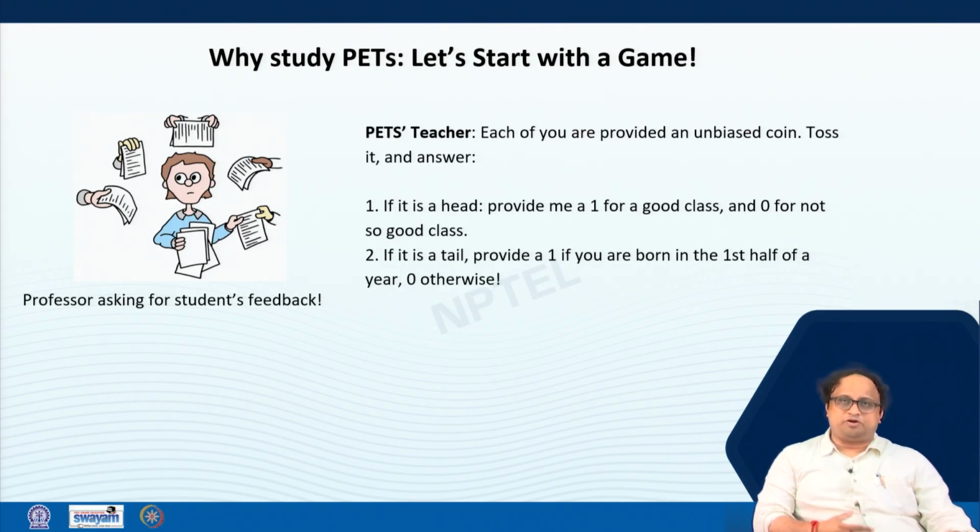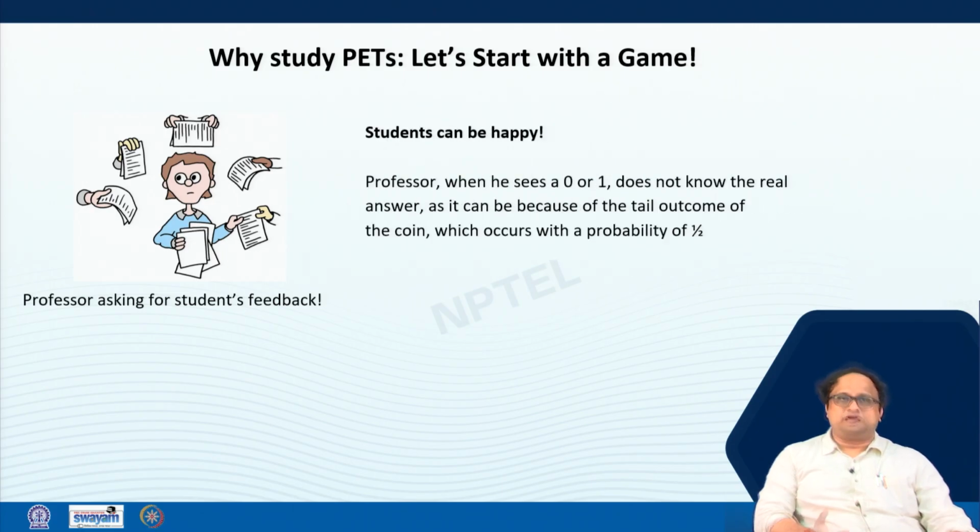On the other hand, I will also argue, and it's not too difficult to see, that from the overall statistics, the overall number of ones that I accumulate, I should be able to gather a reasonable answer to the statistic that I want to gather. How can you do that? It is as follows. This is the first point that I mentioned, that the students can be happy